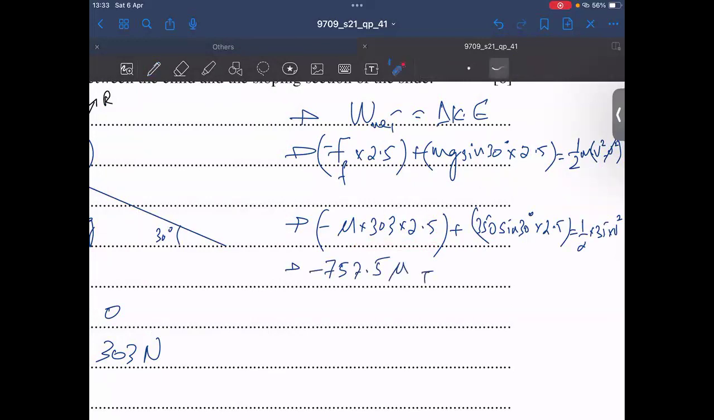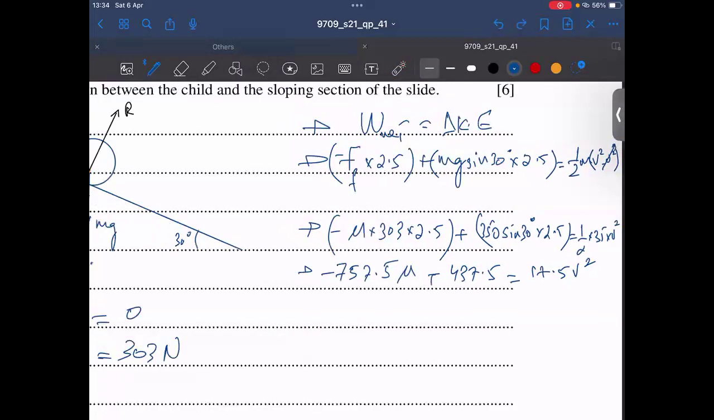And what is for this? 175 into 2.5. Come on, hurry up. 437.5. And then what's for this? 35 over 2 is 17.5. 17.5 v square. All right, Amna. Yes, sir. Now, for the horizontal section,